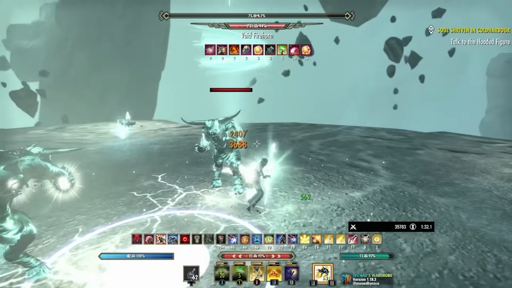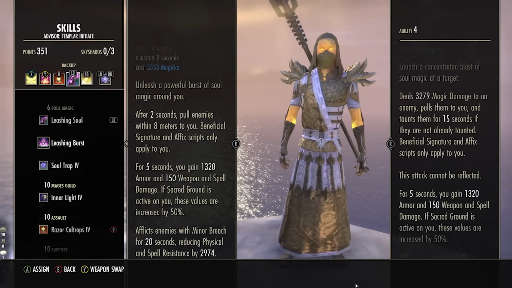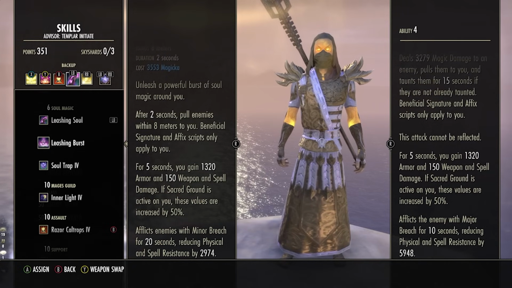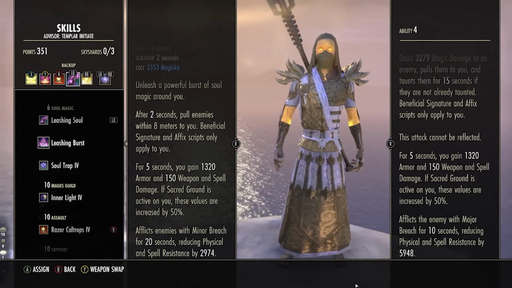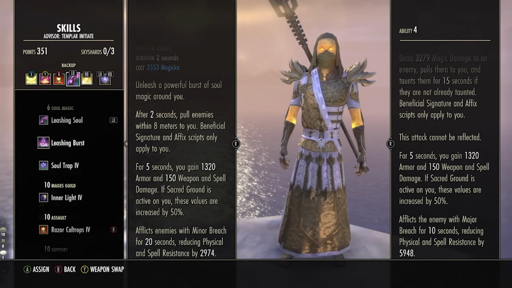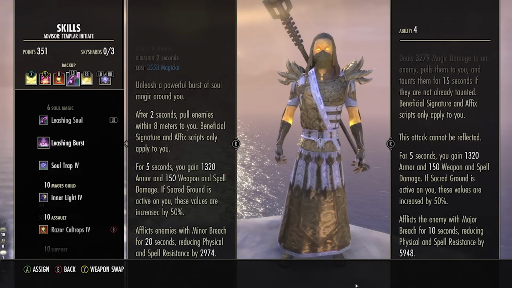Finally, again, since we are running spell power potions, there isn't a need for Vampire's Bane, so I like to use a scribed pull ability of some sort. I like Leashing Soul for the Maelstrom Arena since the adds usually spawn really far apart, scribed with the Pull Focus, the Class Mastery Signature, and the Breach Affix. I used Soul Burst though for Vatashrin as an AoE chain since the adds are usually close enough together to get grouped up nicely. I scribed this ability with the same scripts, the Pull Focus, Class Mastery Signature, and Breach